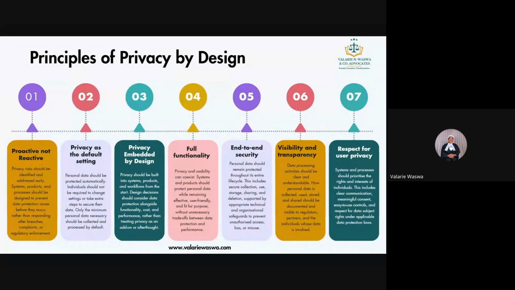Or if you have a mailing list, there's nowhere that someone can unsubscribe, and so on and so forth. There should be meaningful consent as to how someone consents to you using their data. It's their data anyway, and data is the new oil. So you need the data. So why not create a situation where your users can feel confident to even share their personal data with you? So respect data subject rights according to data protection laws.